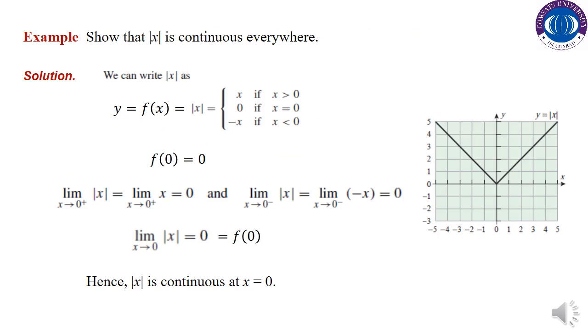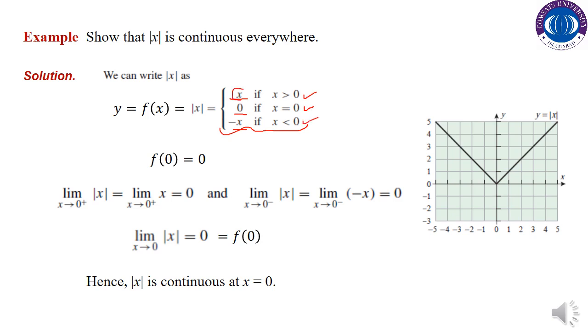Show that absolute value of x is continuous everywhere। जब हमने absolute value of x की continuity को डिस्कस करना है कि absolute value of x हर पॉइंट पे continuous होता है। ठीक है, तो हमारे पास देखें सबसे पहले एब्सोल्यूट वैल्यू को हम इन टर्म्स ऑफ पीसवाइज फंक्शन डिफाइन कर देते हैं। फॉर x ग्रेटर देन ज़ीरो इट इज़ x, फॉर x इक्वल टू ज़ीरो इट इज़ ज़ीरो, फॉर x लेस देन ज़ीरो इट इज़ माइनस x। ठीक है, अब जिस पॉइंट पे इंटरवल के आपके पास फंक्शंस चेंज हो रहे हैं, प्रॉब्लम वहाँ पे हो सकता है अबाउट कंटिन्यूटी।